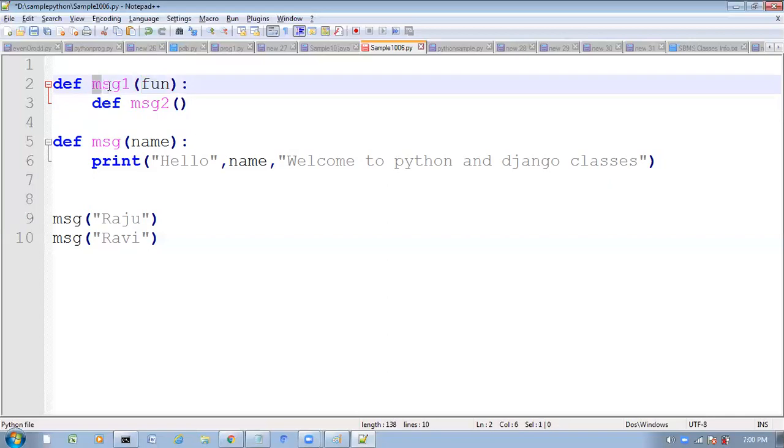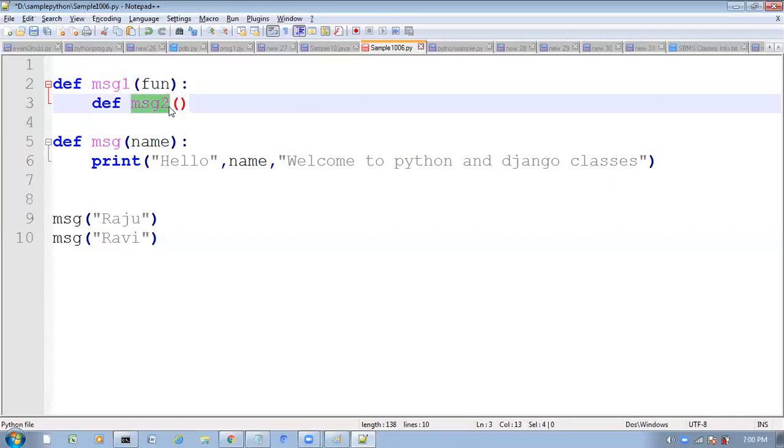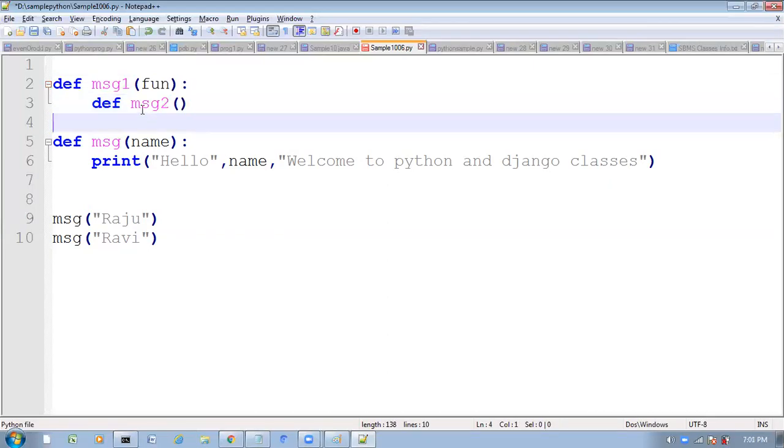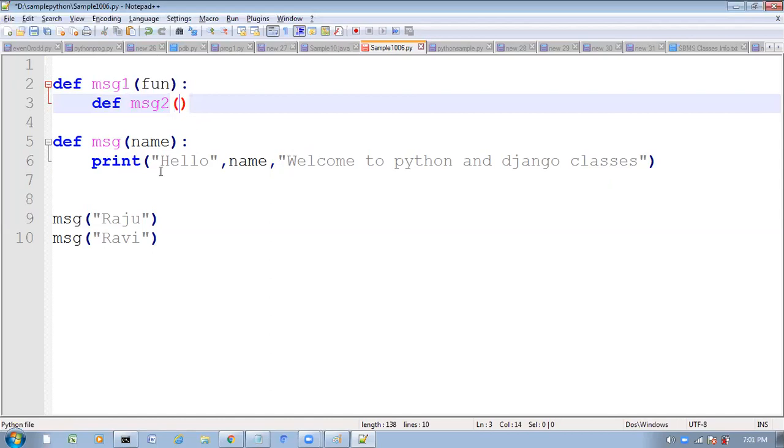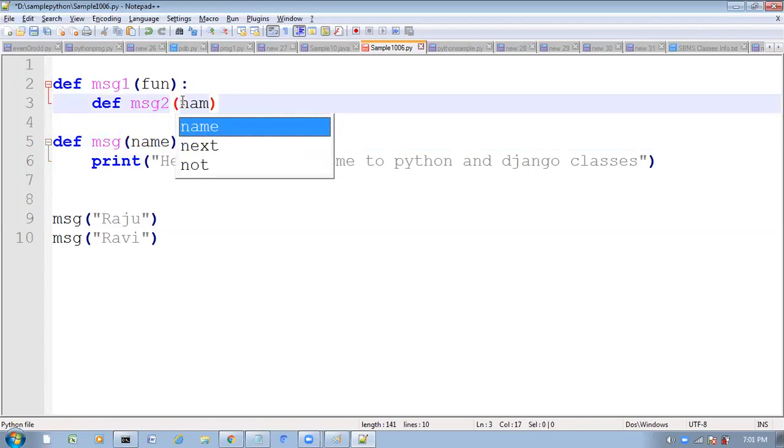What is the message1 function returning? This message2 function, with the modified functionality. Message2 function will take as its argument whatever argument we pass, so name.